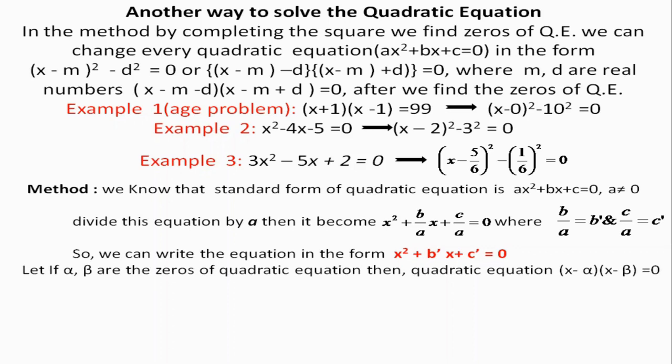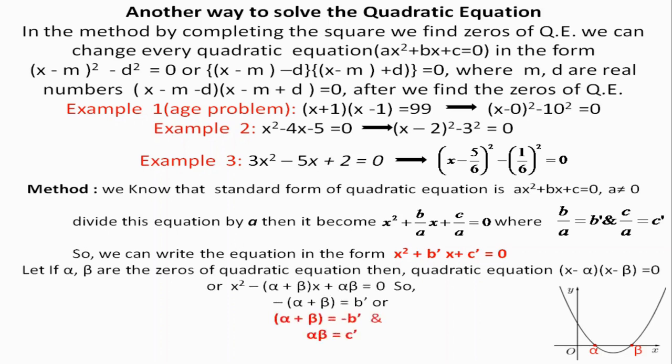And we know that in class 9th, if alpha and beta are the zeros of the quadratic equation, we can rewrite this quadratic equation in the form (x minus alpha)(x minus beta) equal to 0. By expanding or visualizing, we get the values of alpha and beta, since the graph intersects at points alpha and beta. So we see in the figure, alpha and beta are real and different roots.